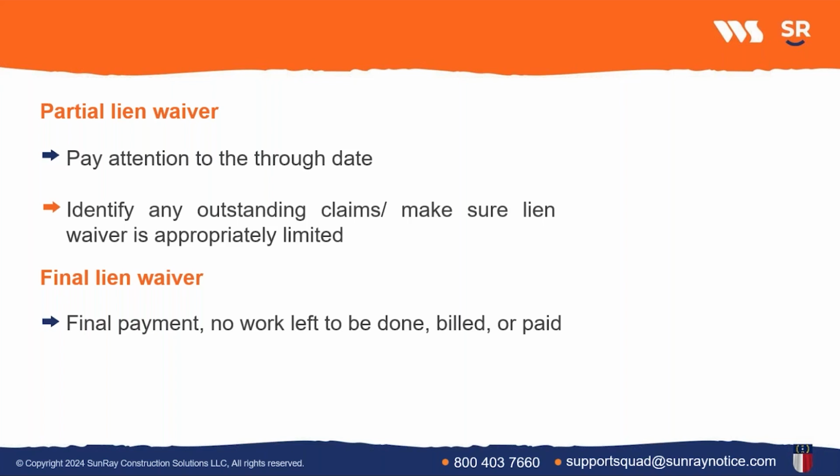And then it takes the GC some time to prepare the lien waiver and get you your payment. So on Friday of that week, let's say they're quick. Let's say on Friday you get this lien waiver, a partial lien waiver that the GC wants you to sign in exchange for this progress payment. So it's now been between Monday and Friday. You've continued working on the project.